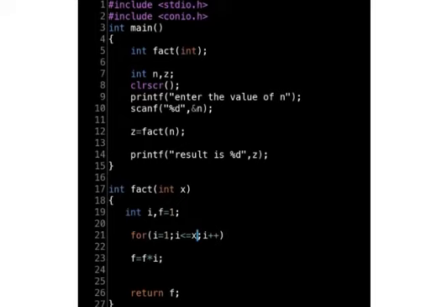In line number 21 also, i is equal to 1, i less than or equal to x and i plus plus. You can write programs even like this. There is no rule that if you use a variable n in the main program, you need to use the same variable in the function definition also. And we use the concept of actual parameters and formal parameters, which we will be discussing now.